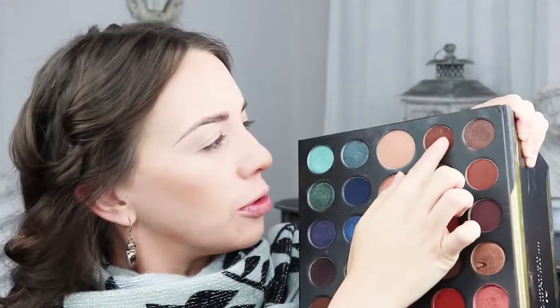9. So 9 is this beautiful, rich, fudgy brown right here. Oh my gosh. This is gorgeous. It's like pure chocolate. That's what it looks like. Alright, the second color is